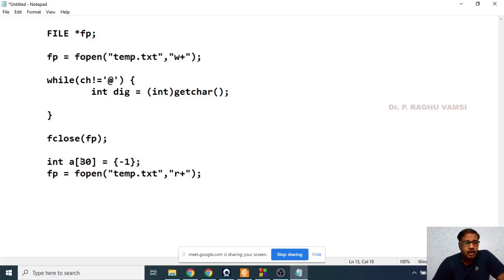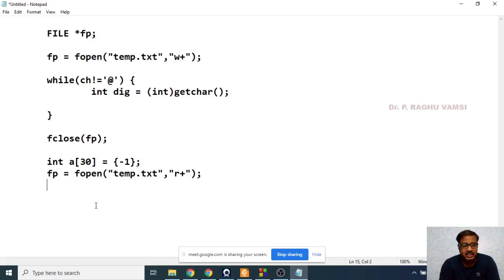Then whenever you multiply with 8, just keep on inserting into this array. While you are inserting the elements into the array, you will maintain an index. Whenever multiplication is done, then a of i plus plus is equal to the element into 8. That means this i plus plus is the length of the array.